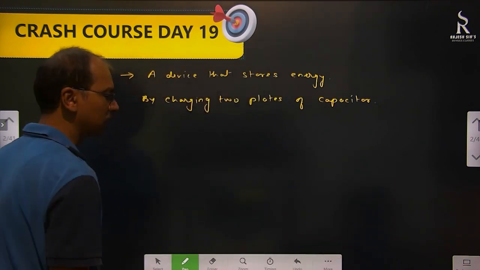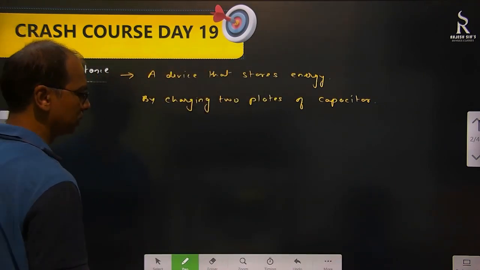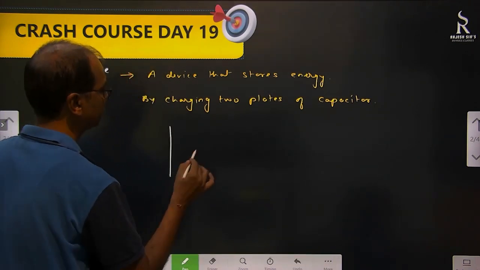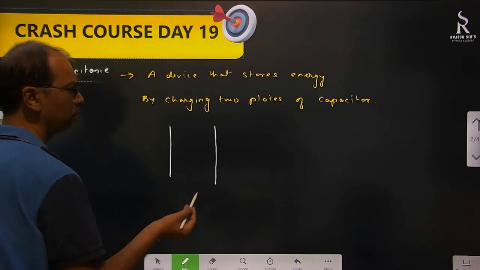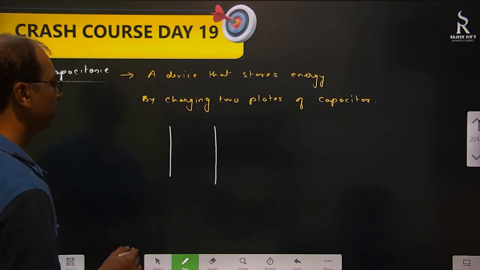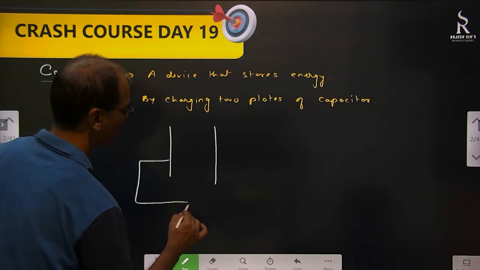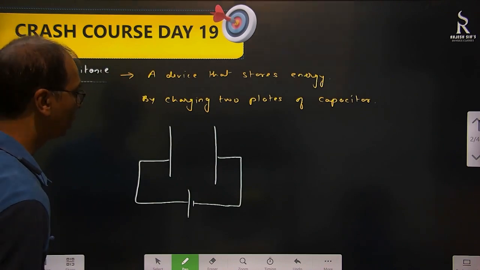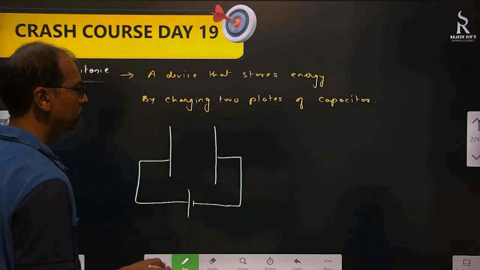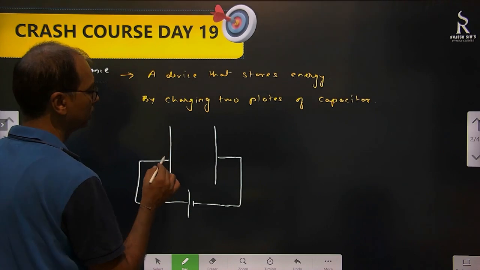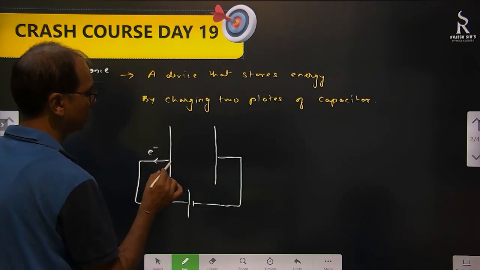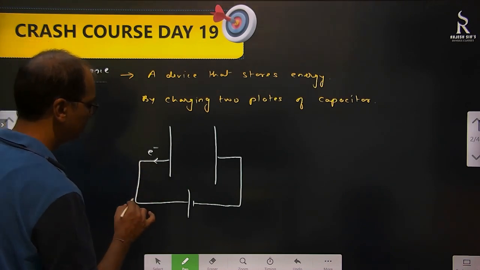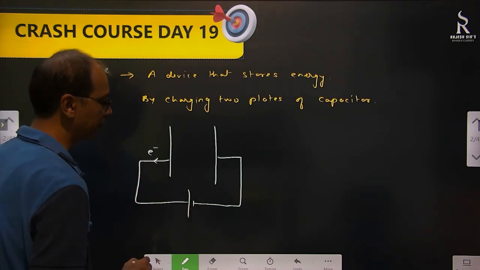Okay, so as I said, we are primarily focusing on the parallel plate capacitor. So if we have two parallel plates, both are neutral obviously. Okay, so when we connect them with a battery, what happens then? Potential difference is developed. So from here, electrons start moving in this direction, from here to here and go to the positive plate of the battery, and then the battery